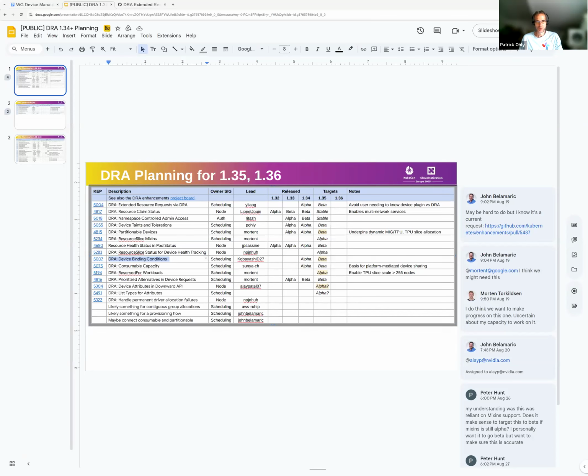And there's another complication where John Bellameric had a new use case that would require changing some of the aspects of it, which goes back to, do we do that as part of the 5007 binding conditions cap, which implies API changes, which might imply delaying the beta for another cycle, or do we do another cap with just that add-on under a separate feature gate? And that's undecided at this point.